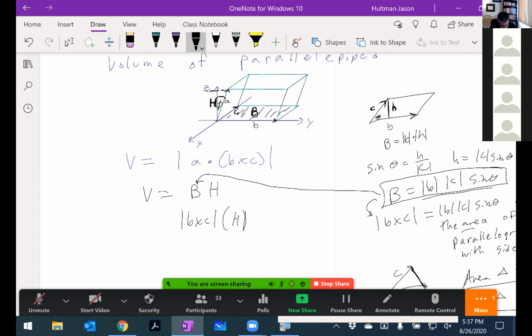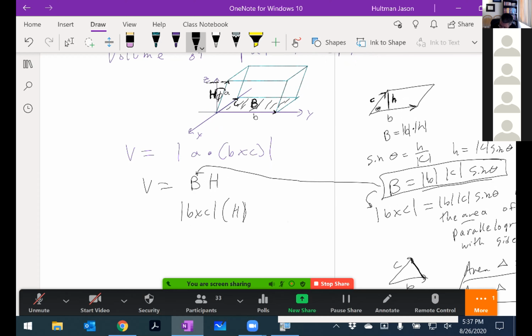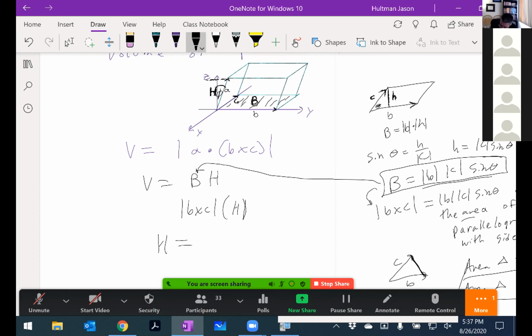No, cosine of the angle. Right? Because isn't it adjacent over hypotenuse? Adjacent is H over hypotenuse. So we can say that H is equal to,